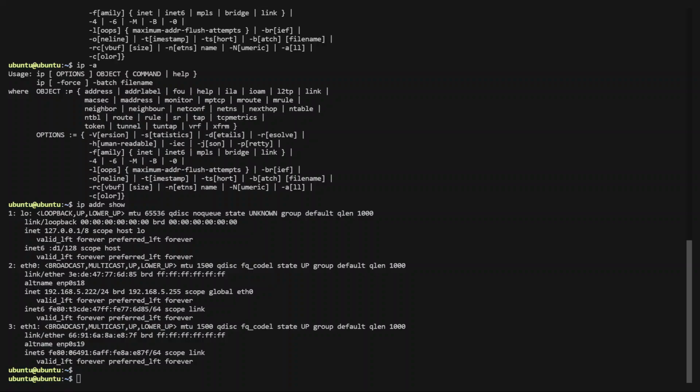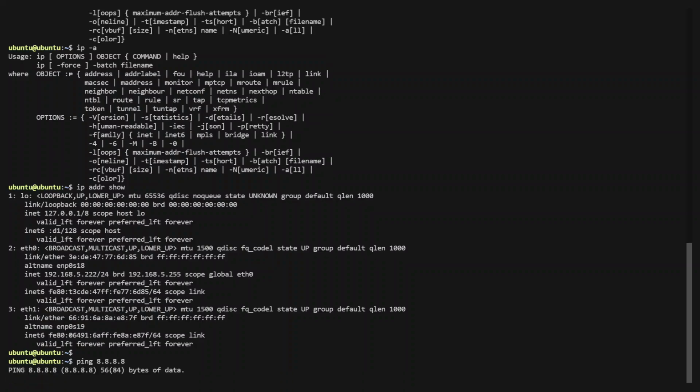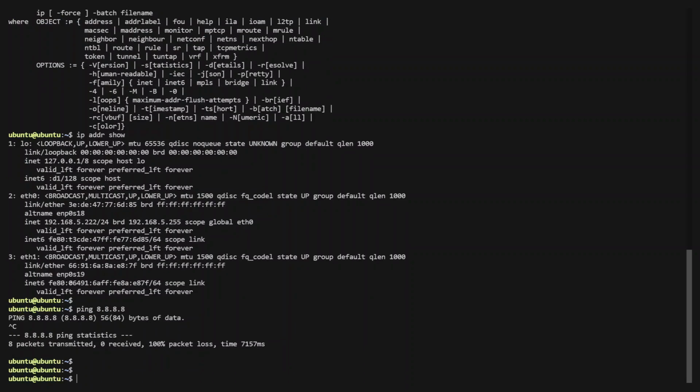After that we had the ping command that will basically test network connectivity to a specific IP address or domain. Let's take an example. Let's use the common DNS IP, that is 8.8.8.8, and you can see it is unable to ping that because the internet is not working right now. And if we also try to ping google.com,